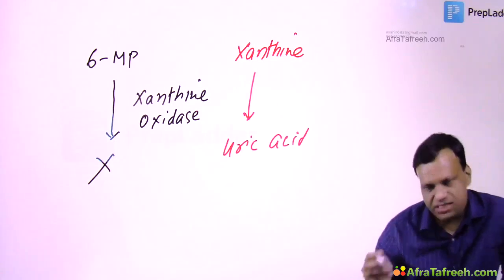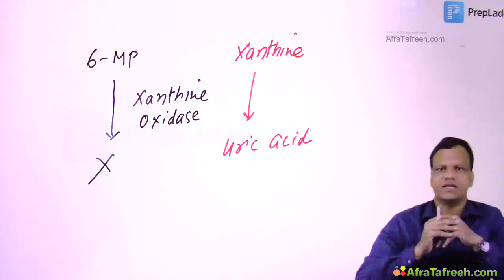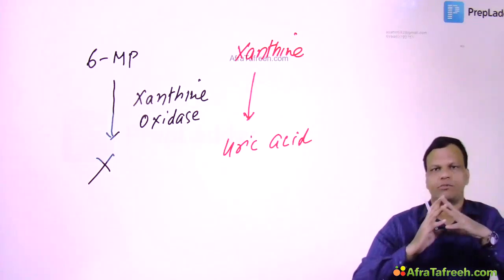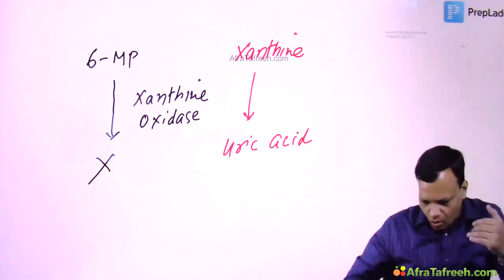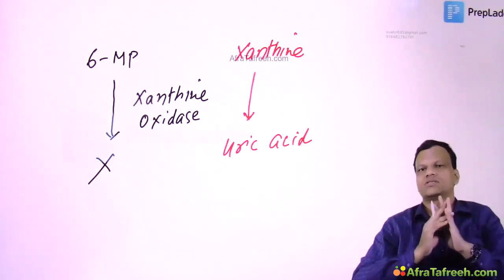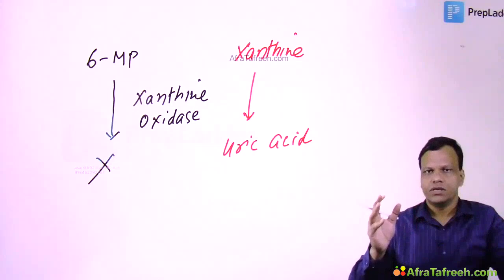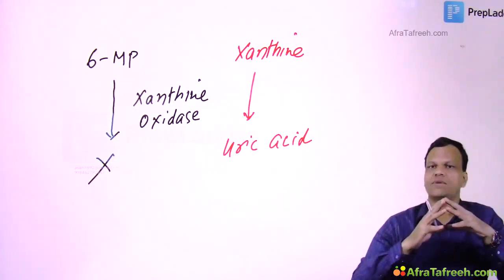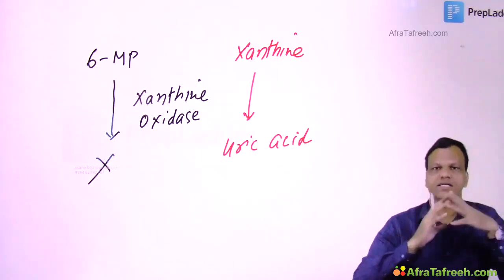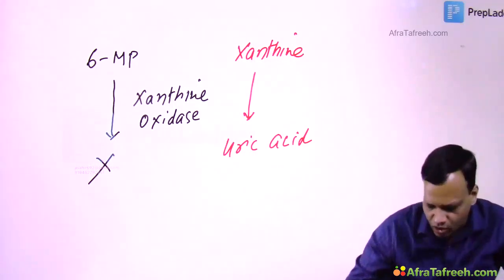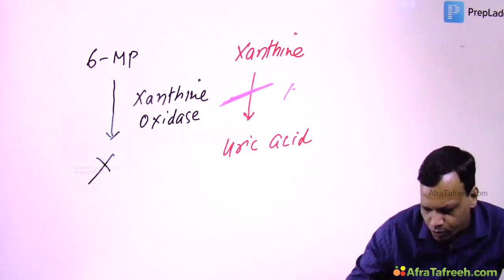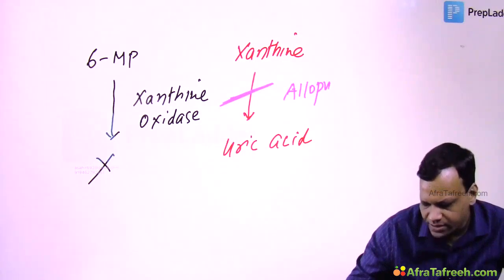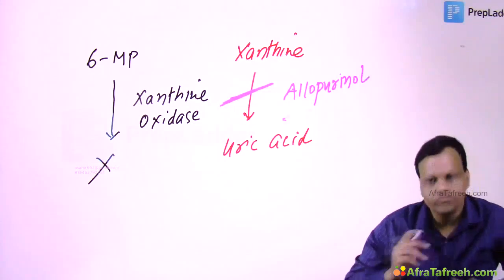So xanthine oxidase is not only forming the uric acid, but it is also breaking 6-mercaptopurine. We discussed all anti-cancer drugs can cause hyperuricemia. So we will not want the hyperuricemia. So along with anti-cancer drugs, we give xanthine oxidase inhibitor like allopurinol, so that uric acid is not produced